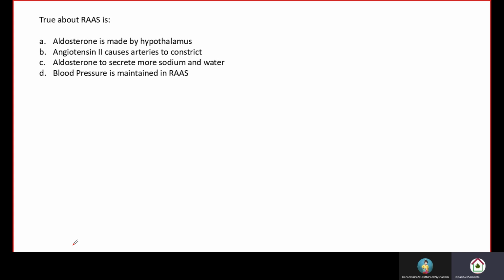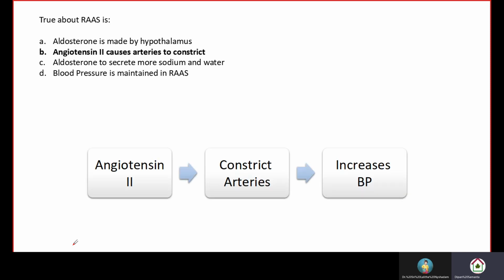Angiotensin 2 causes arteries to constrict. Aldosterone secretes more sodium and water. Blood pressure is maintained in RAS. So the answer will be angiotensin 2 causes arteries to constrict. It constricts arteries, it increases BP. Because another thing is missing actually, constricting arteries decreases